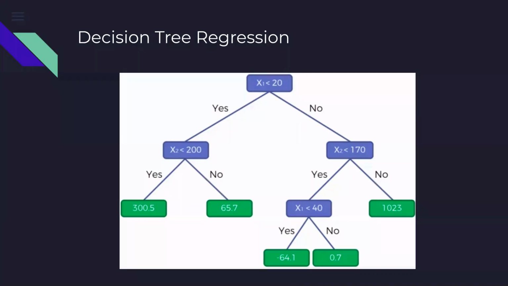So if we just do that, then the system will be able to divide the entire data set, and then whatever we see in the end, it will find out what the price is if the criteria is met like that. So let's take an